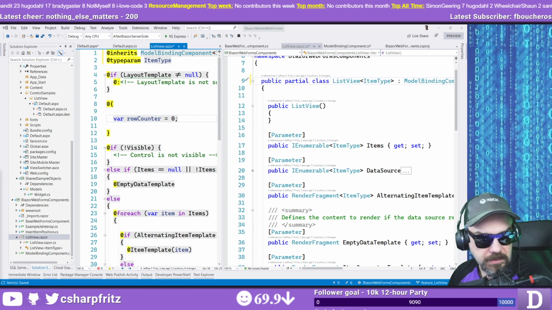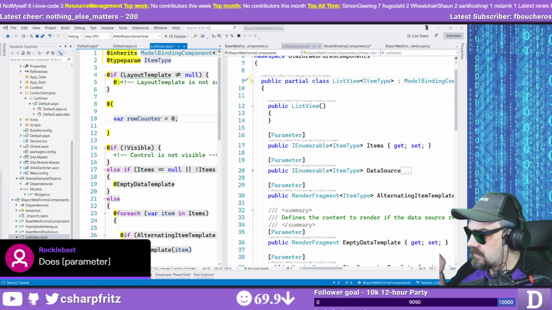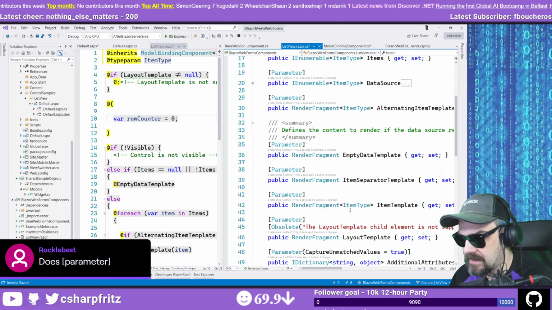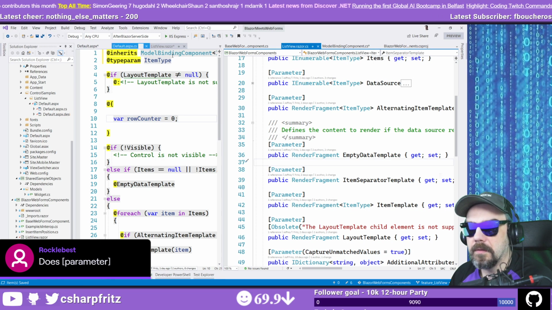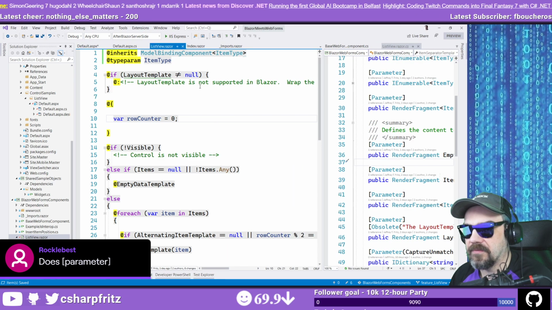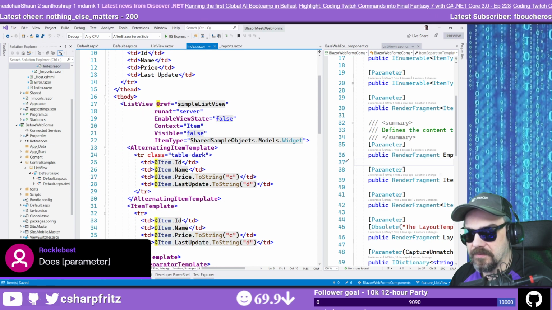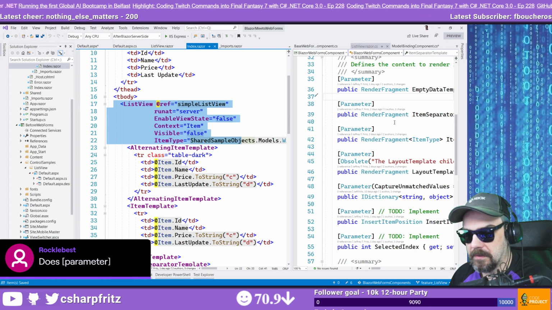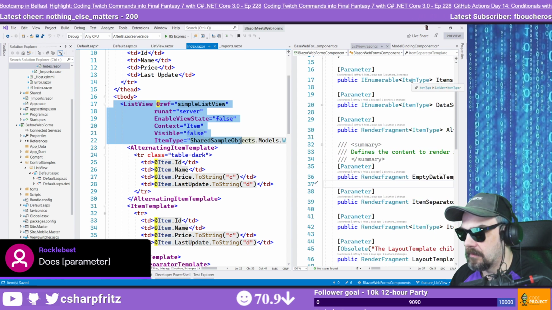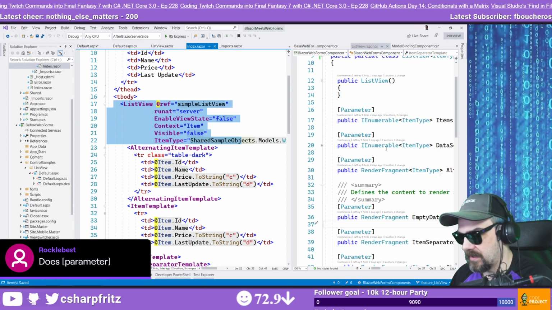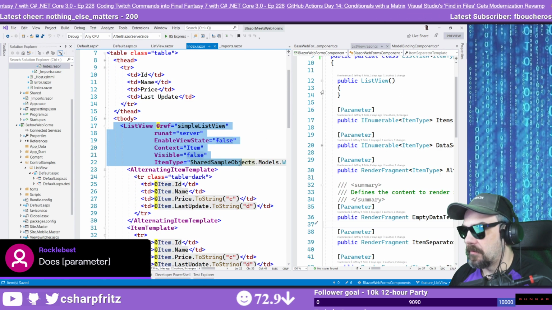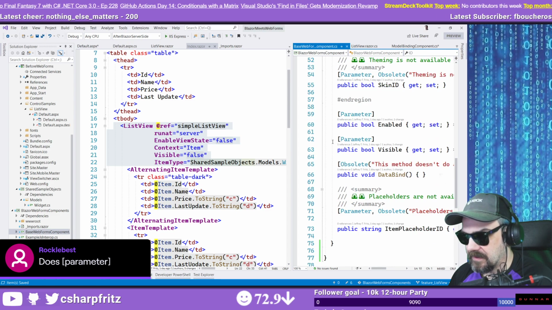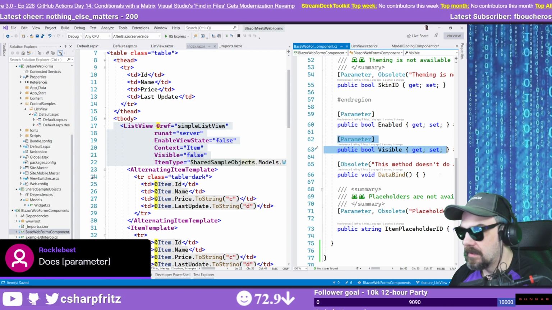So the other question, Rockelbest is asking about what does the parameter attribute here, does that do anything? So this parameter attribute that you see inside of my C# code over here creates attributes that I can use on my list view component. For example, there's item type. Item type is right here, right? It's my type that I'm passing in. Visible is inside of my base component now. So there it is. There's visible, and it's a parameter, which makes it an attribute here that I can pass in